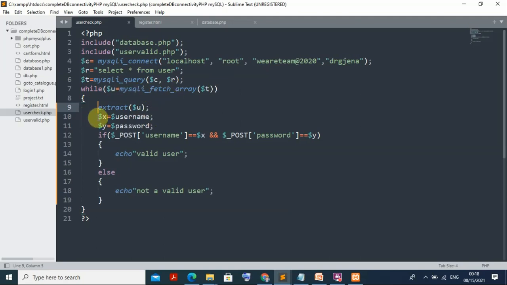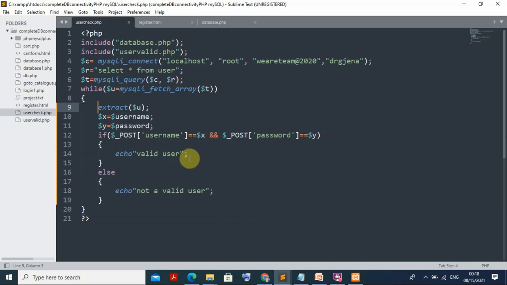Then from that, what you find, you find $x, the username input you have taken there, that you assign to x, and the password you have collected from that one, that you push to $y. Then I am putting a condition, if $_POST username, that means username is equal to $x. See, two things are there. At the time of registration you put some username, and here I am assigning some username $x. If both are the same and the password you provided and what you are typing are both the same,